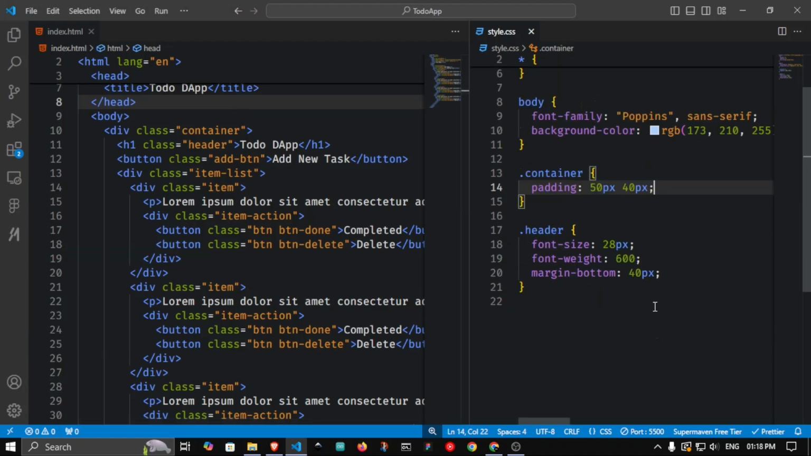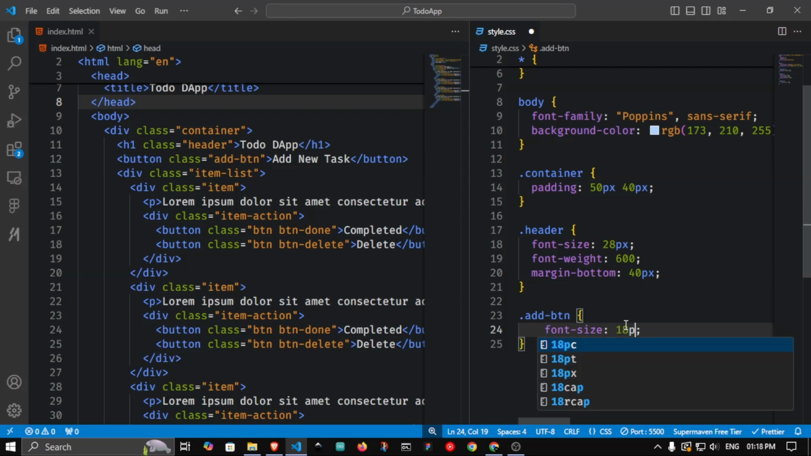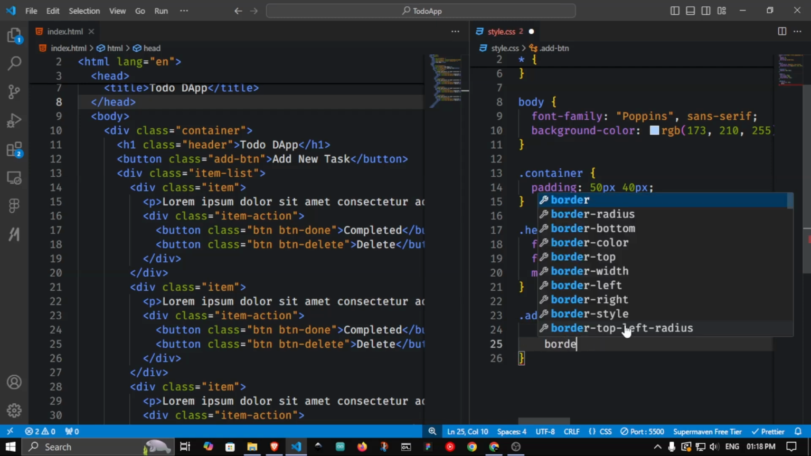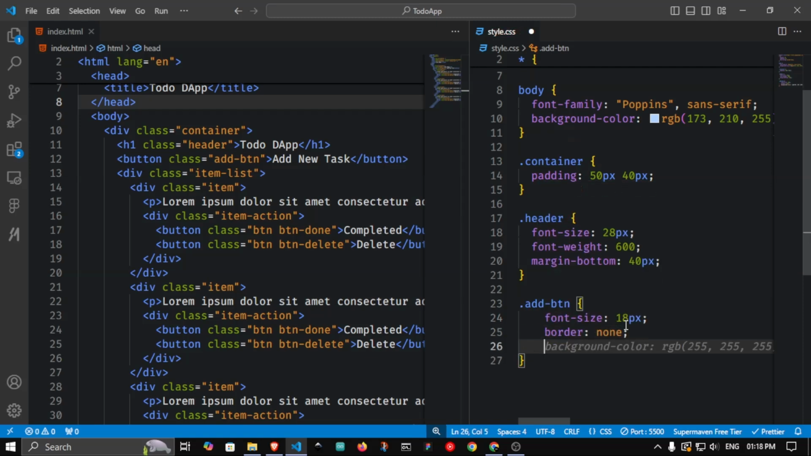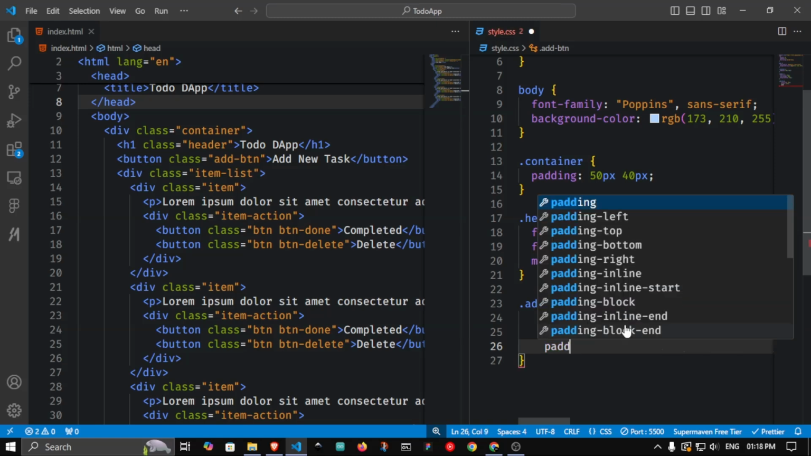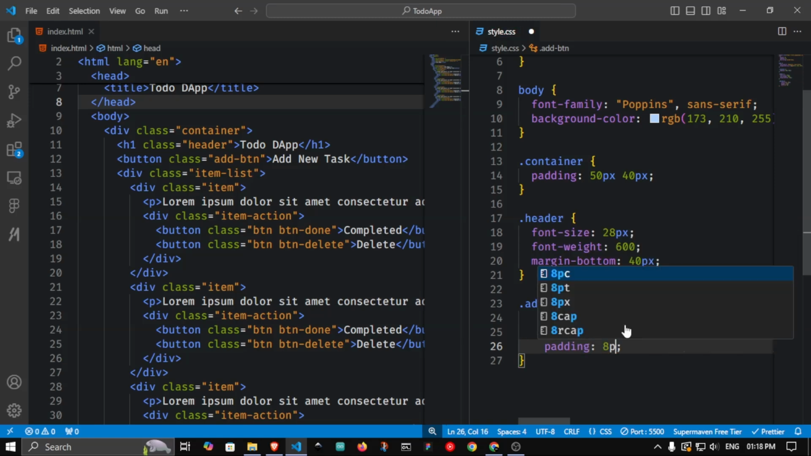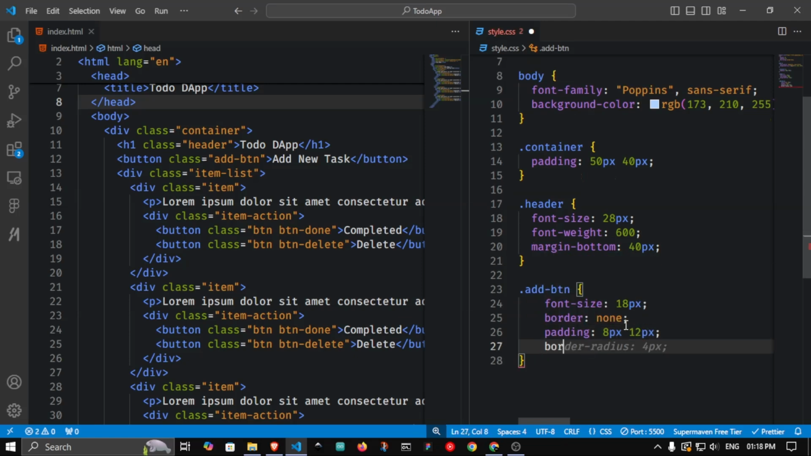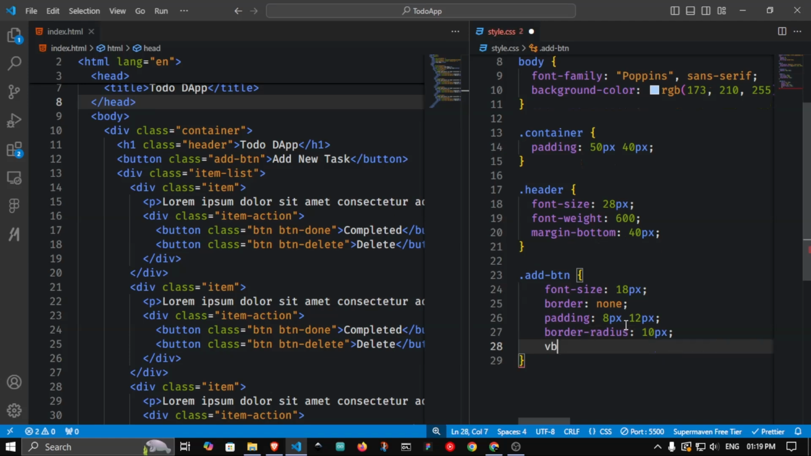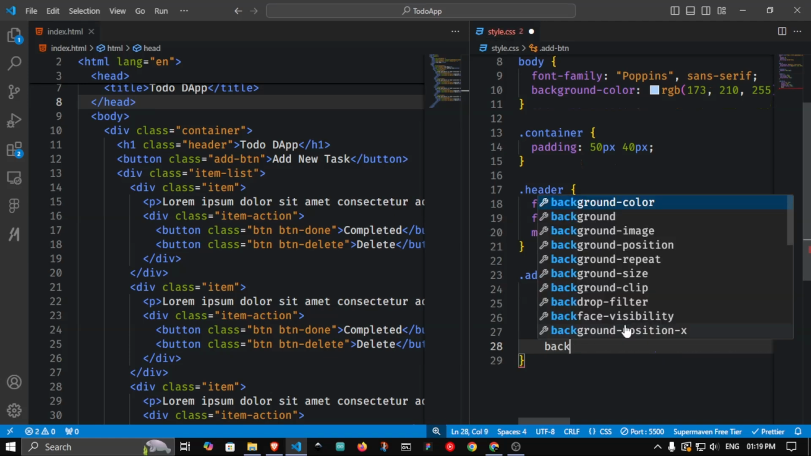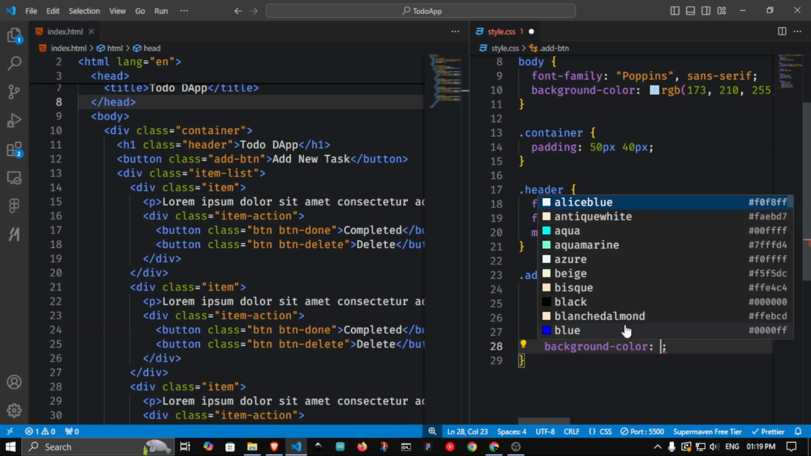Now next thing is we have to style the add button. So let's style that add button. Font size 18 pixel, border none, and padding of course 8 pixel by 12 pixels. Border radius you can give 10 pixel. Background color, it's